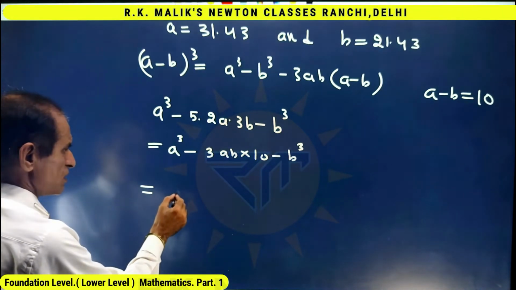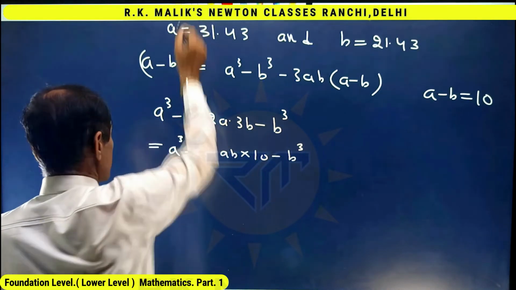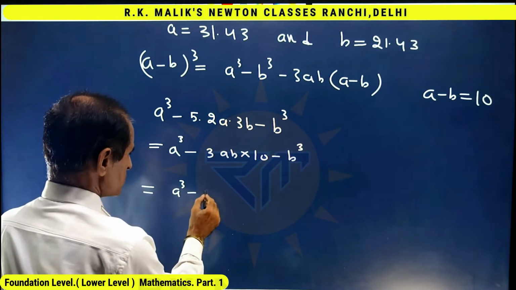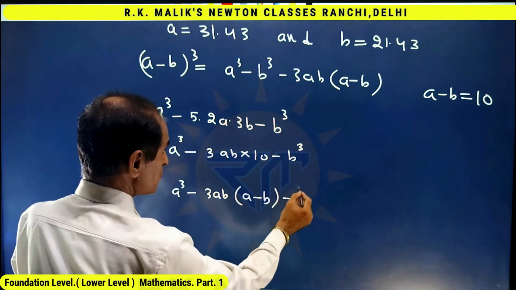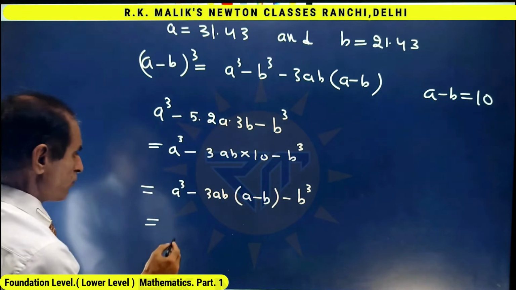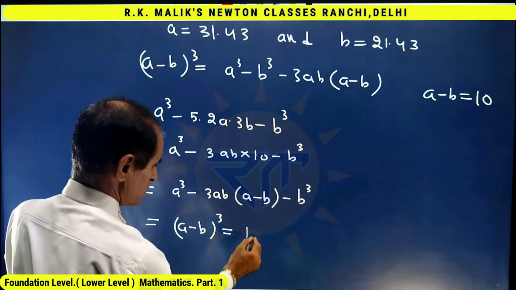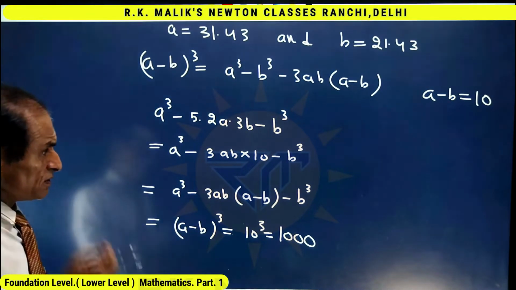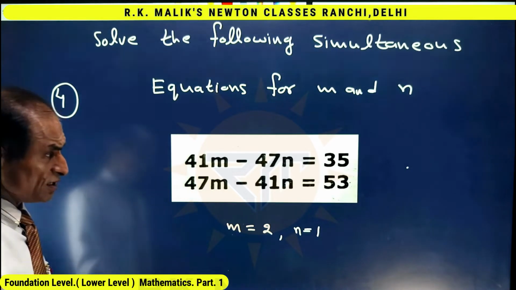That is, it becomes a cube minus 3ab into (a minus b) minus b cube. Now the question is in formula form. I get (a minus b) whole cube, that is 10 cube, that is 1000 is the answer. In this question, it is told to us to solve these two linear equations in m